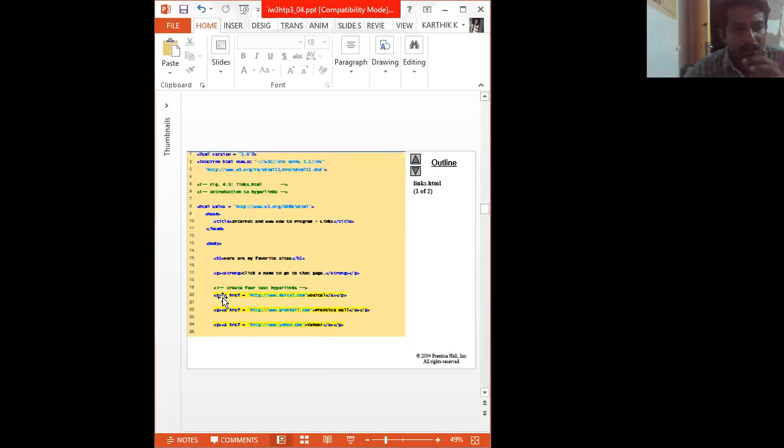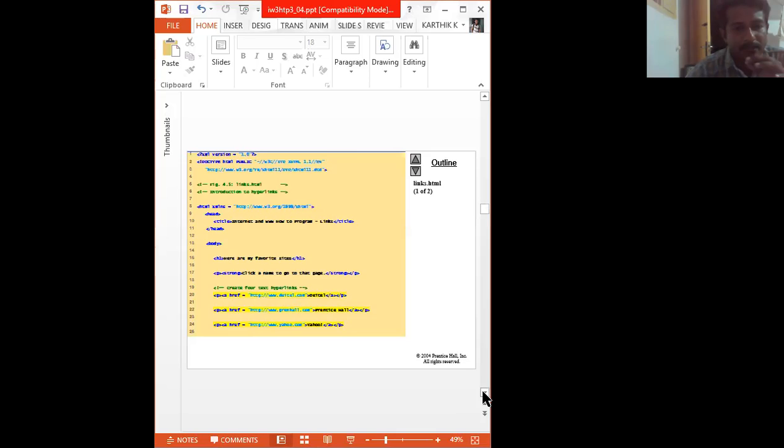So A is the tag name, between the angle brackets, followed by href. href is nothing but an attribute. So href equal to, within double quotes you have to specify the URL, like here we are specifying www.delight.com. This delight.com will be displayed in a blue color, and it will be underlined.